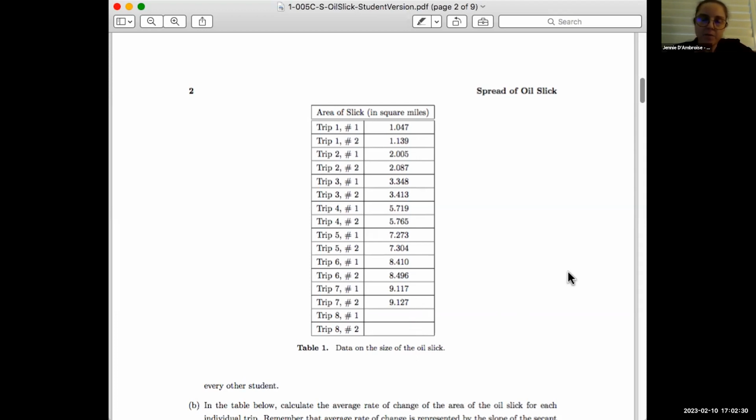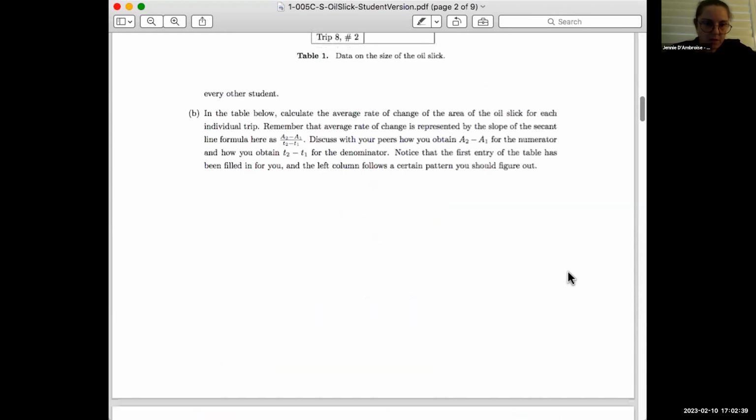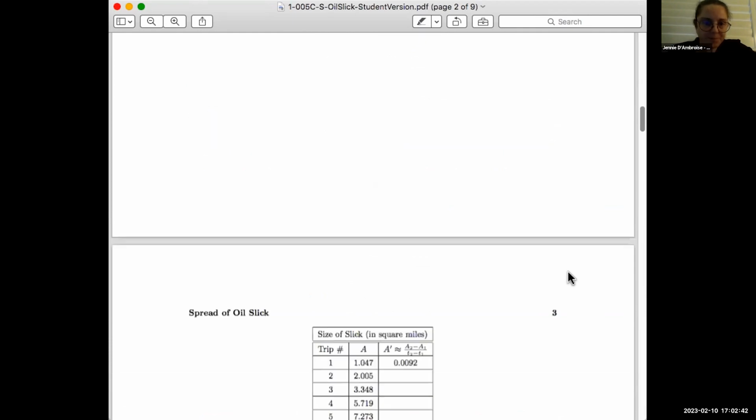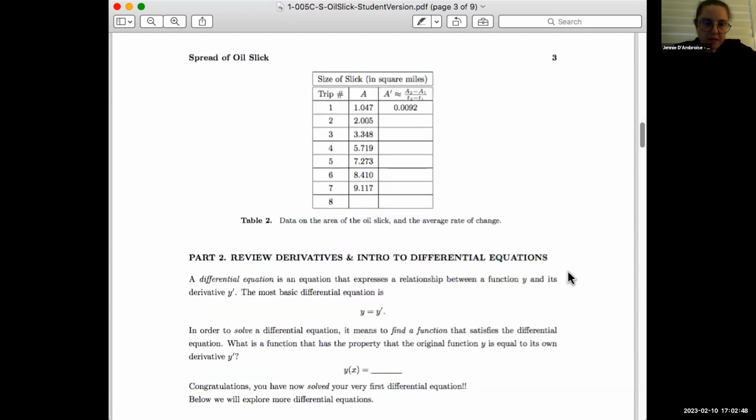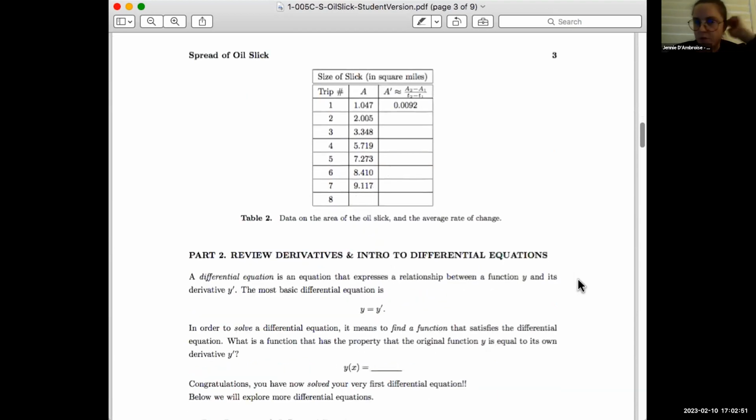And then this is the area of the oil slick that's getting bigger. Then they calculate the difference equation, or the discrete derivatives, and go from there. So here they fill in their little table of the change in y over change in x. And I'm literally taking the perspective of, how would I teach this modeling scenario if it was the first day of differential equations class and the students didn't know what a differential equation was? How would I have them jump into this scenario knowing only what they know from calculus,